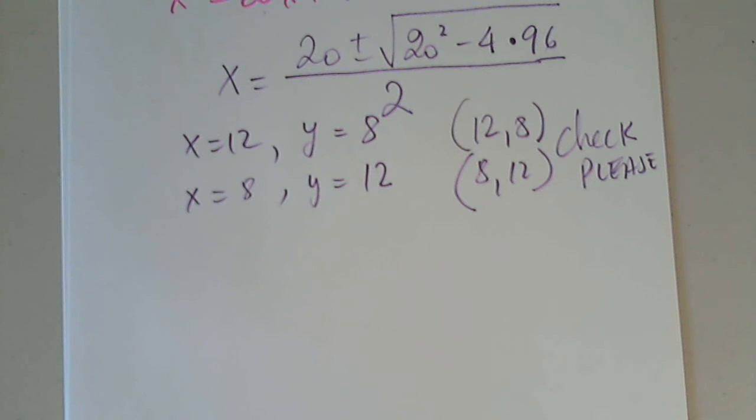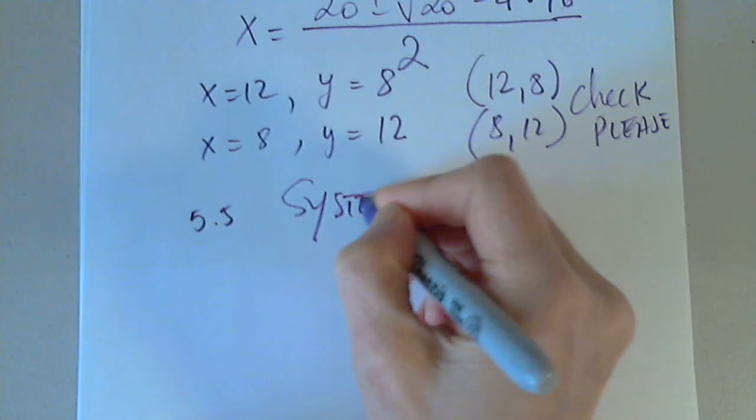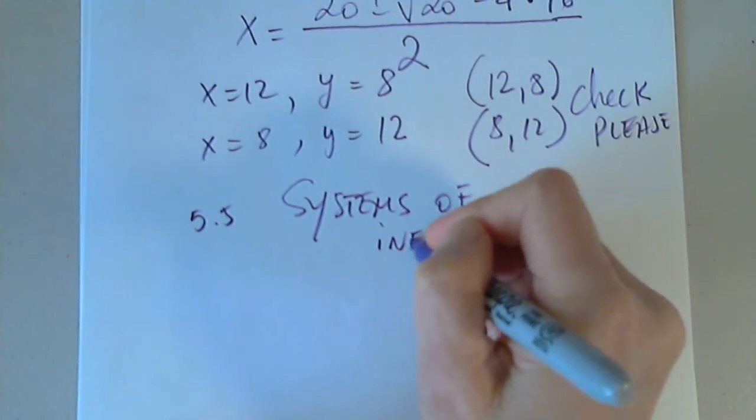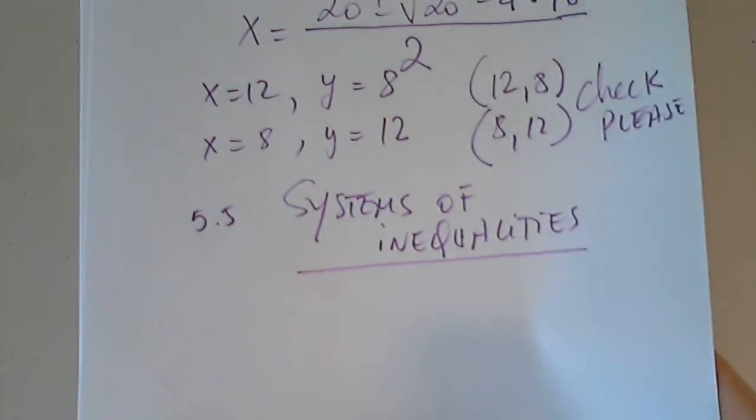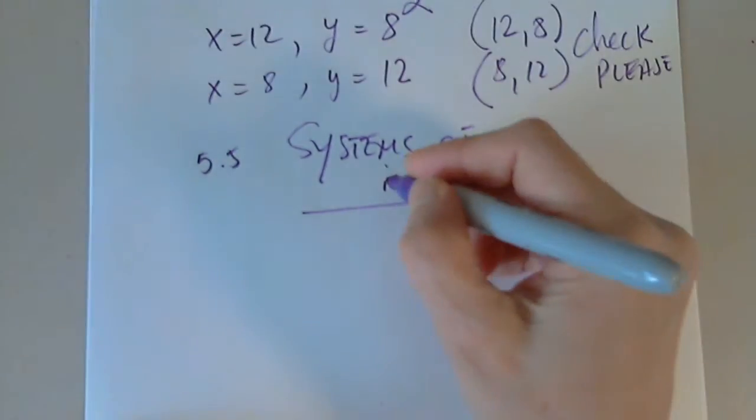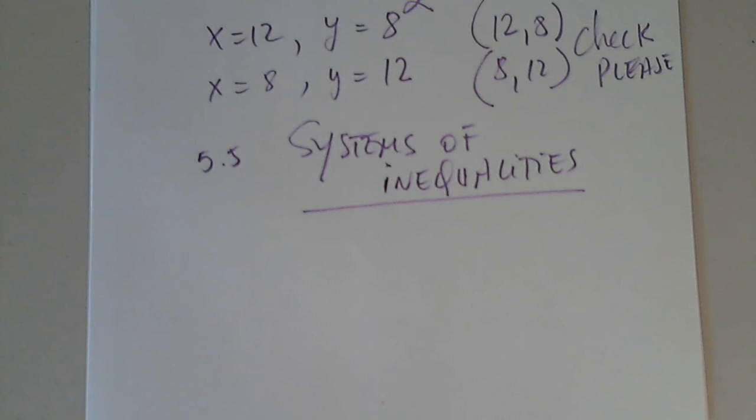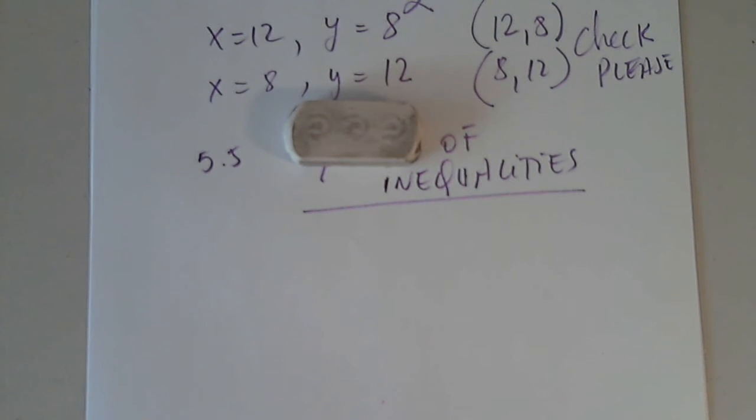Systems of inequalities. Last section of chapter 5. When we solve systems of inequalities, they may be linear or nonlinear, both of them. That's when I am happy to use my colors. You'll see in a moment why. You may remember, I'm sure. Let's start with a simple one in which we don't have a system. It's not a system yet. It's just an inequality. For example,